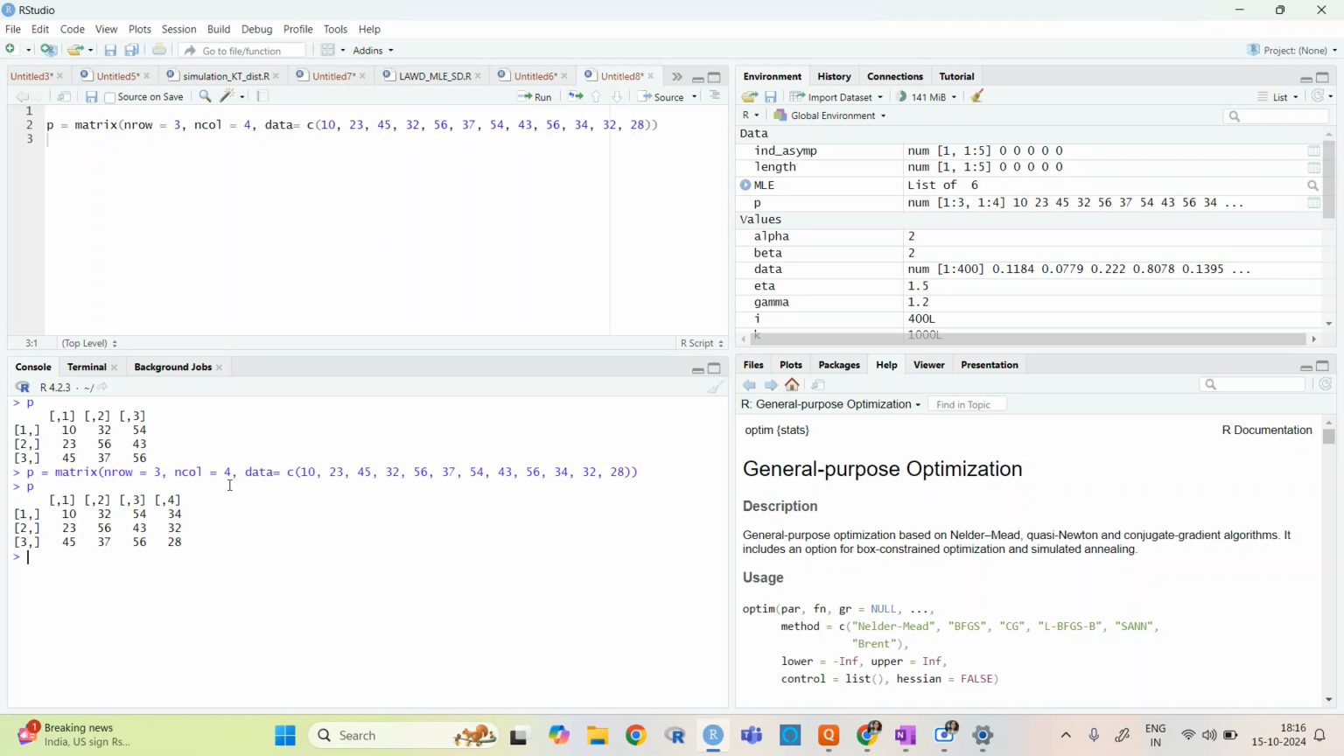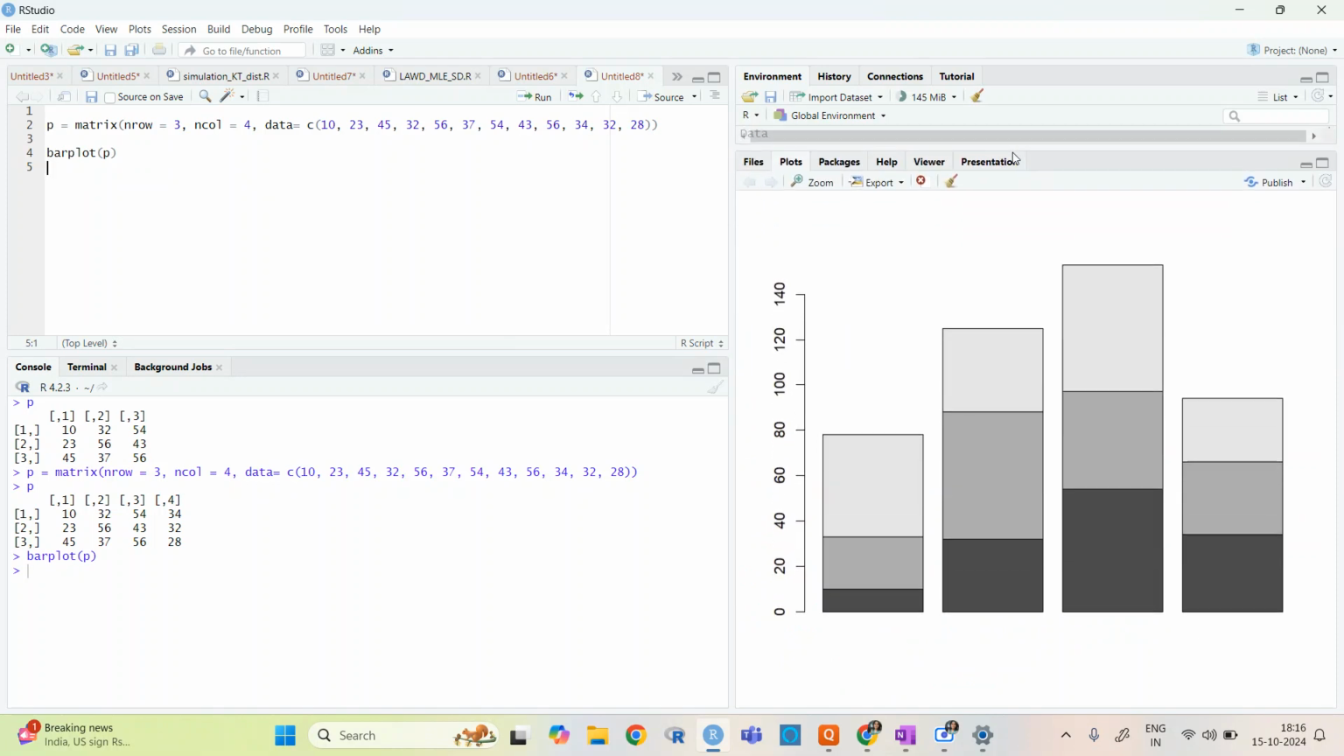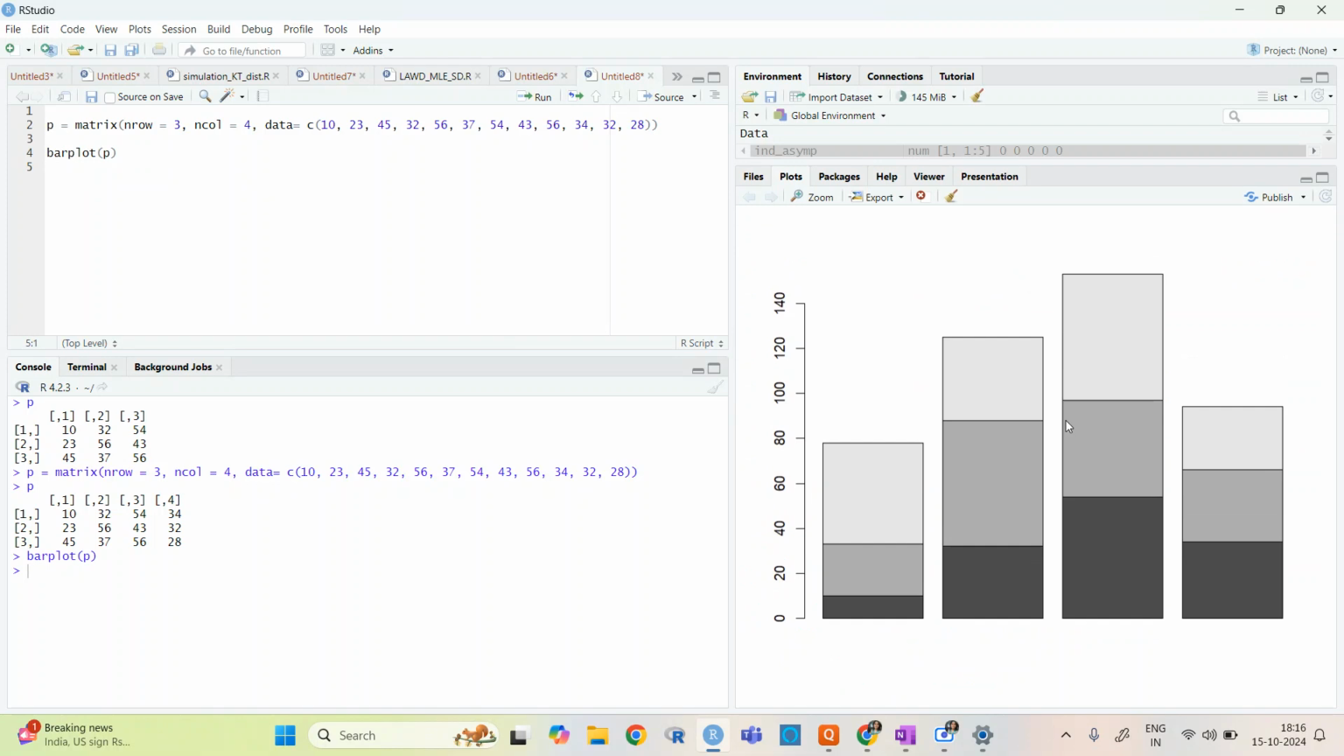So what do we want now? All you need to do is write bar plot of P. Okay. So here you can see that this one is the bar plot. If you look at it, you can see that in the third one there is the maximum profit. But if you talk about the profit regarding the second one, then you can see it is in the second. So second one basically means,